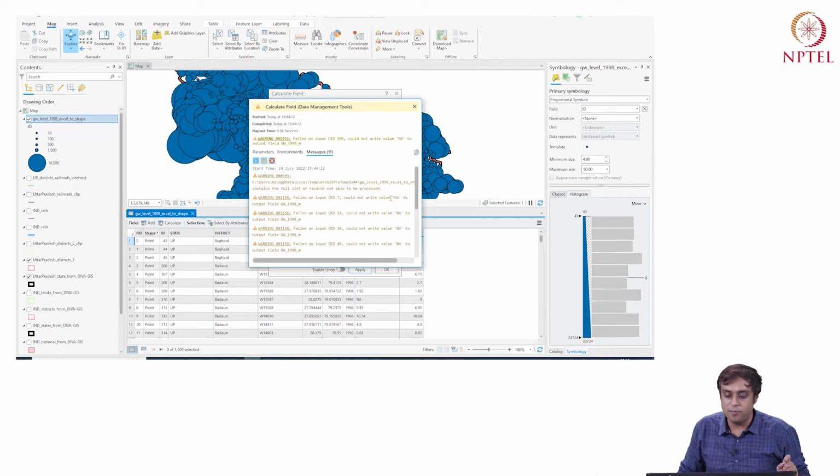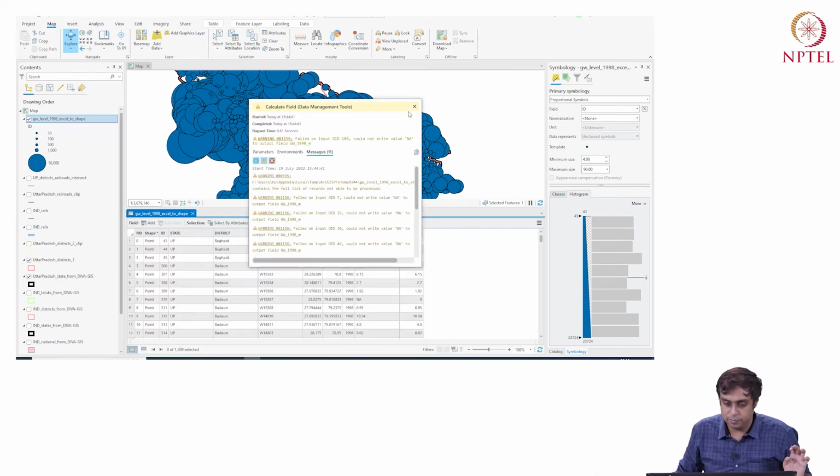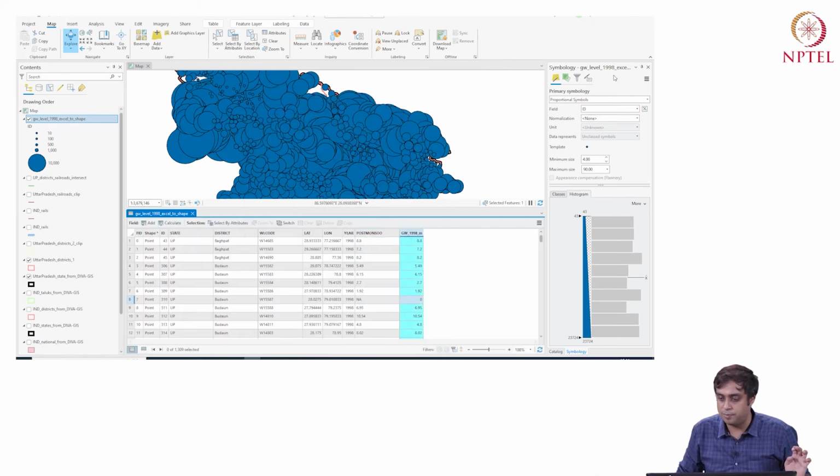If you pay attention, the warnings are where the post monsoon level was NA, and it doesn't know what NA is. NA is a text string, so it converts it to zeros. So this is a caveat, and you have to be very careful about it. Okay, so we have a new field now.